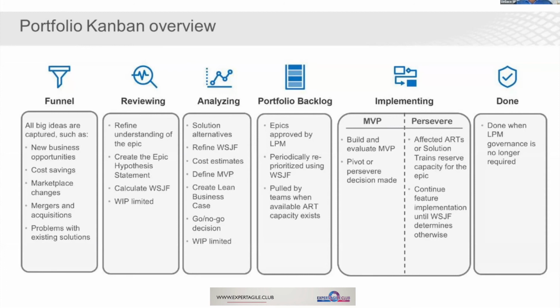And so to move from reviewing to analyzing, you have to create the epic hypothesis statement, refine understanding of the epic, and then we're going to WIP limit this because the people doing the reviewing can't review a million things. Say we have 6 business analysts that are in charge of reviewing epics. Well, maybe the WIP limit is 6, so that they're working on one at a time and they can get them done, maybe a few weeks for each one. And so we need to limit the WIP of the reviewing and the analyzing. So then we